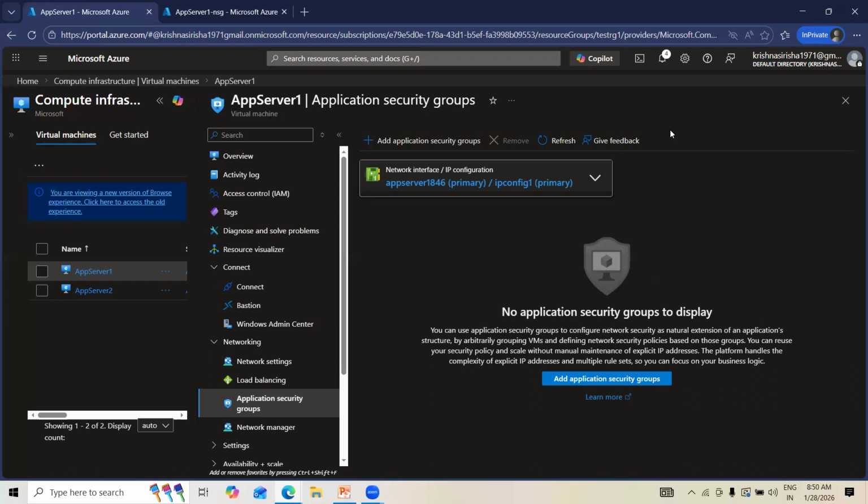Application security groups are required only to logically group the servers within the subnet. And we can apply the rules for that particular application security group with the help of NSG. Clear? So an application security group has no logic of its own, but we are going to segregate our group of